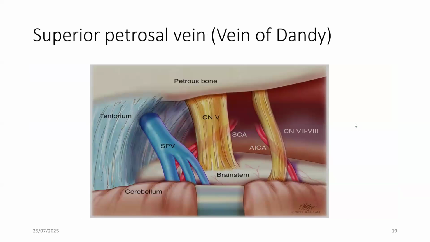Now, another structure that is worthy of mention is the superior petrosal vein, referred to as the vein of Dandy. This is a vein that drains the anterior part of the brainstem and the cerebellum, and it has a close relationship with cranial nerve 5. So when approaching a structure in a retrosigmoid, especially the upper neurovascular structures, one